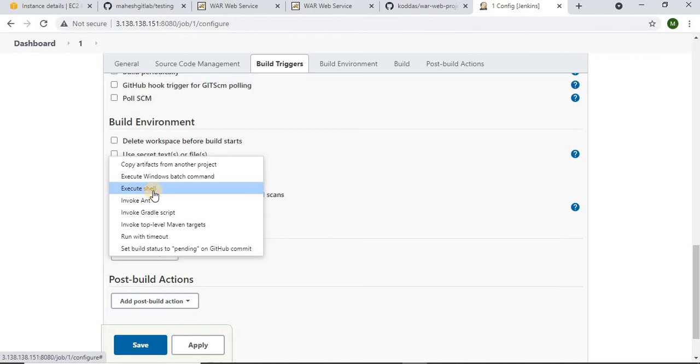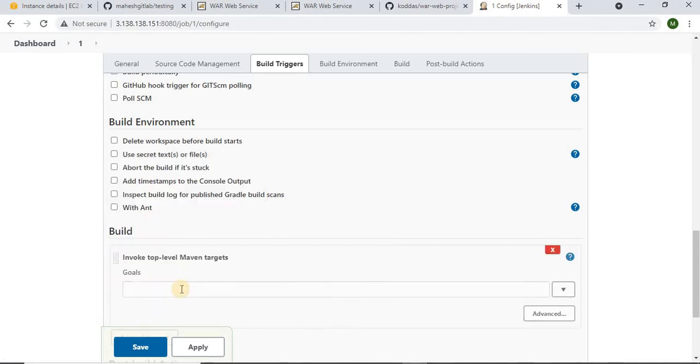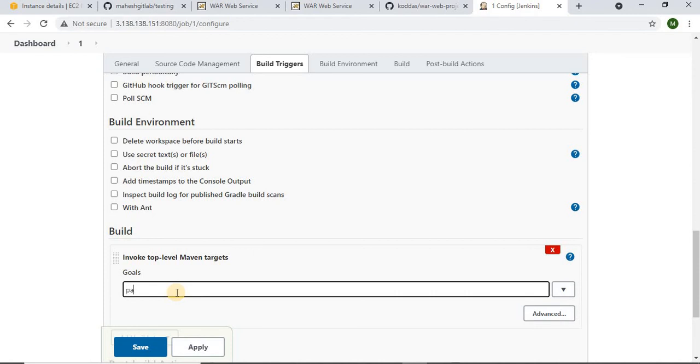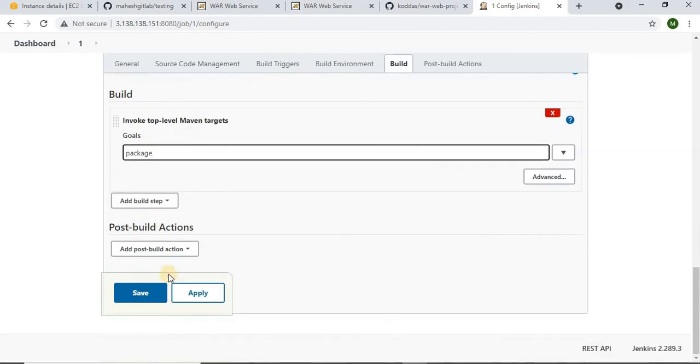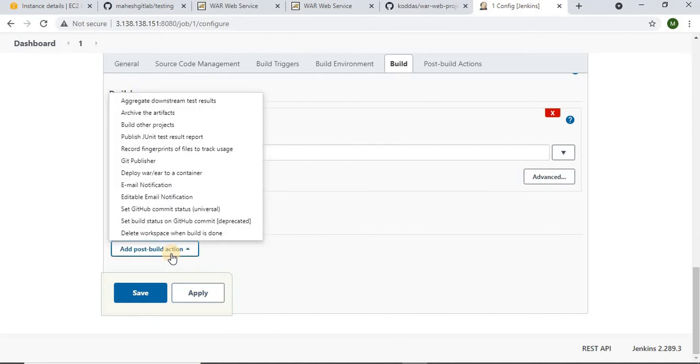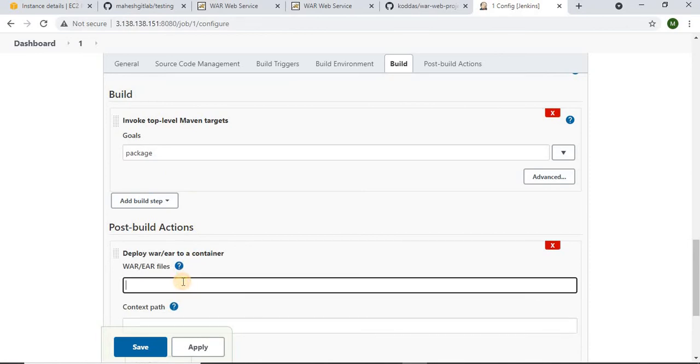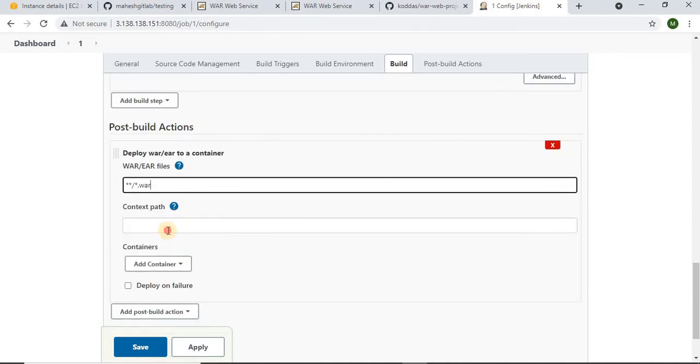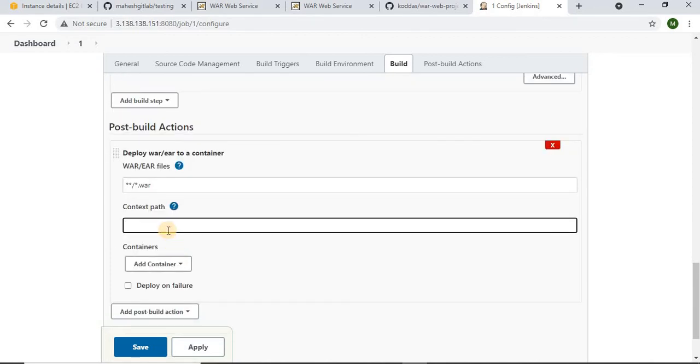At the point of build, I am giving the Maven step. Here I am writing package, which generates an artifact. Then come to post-build action. In post-build action, I am giving deploy war file here. I am giving **/*.war. Okay, for context path I am giving test1.